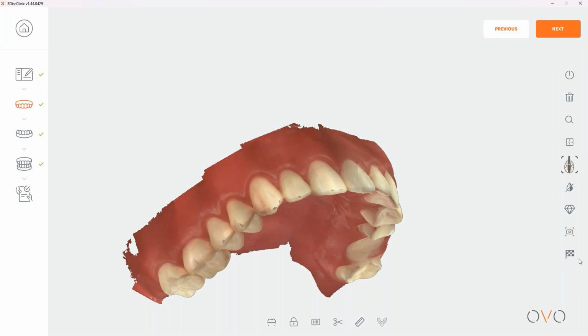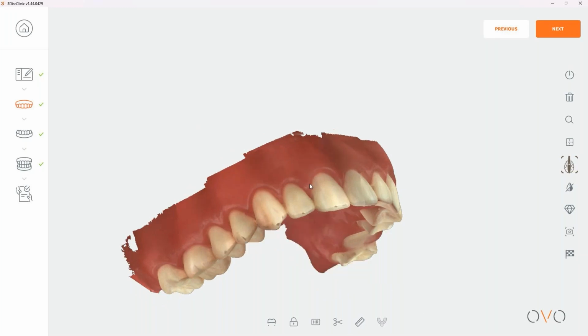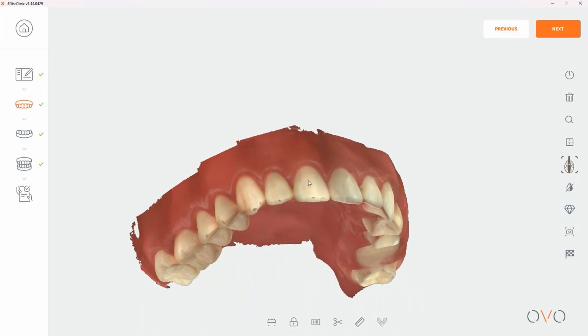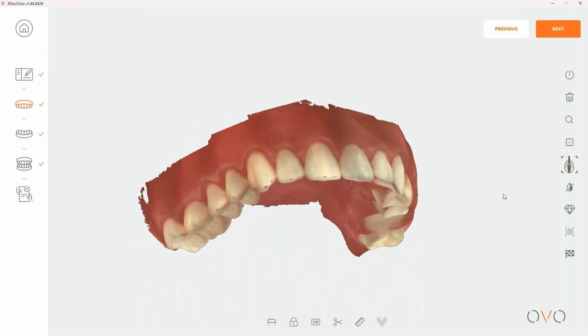We'll spend more time on all of these icons at a later date, but for now, we'll address just a few of these. And down here at the bottom, you'll see tools that will help us make adjustments or changes or secure data within our scan software or within our scan data. So first and foremost, what I wanted to touch on right now is if I take my cursor over here